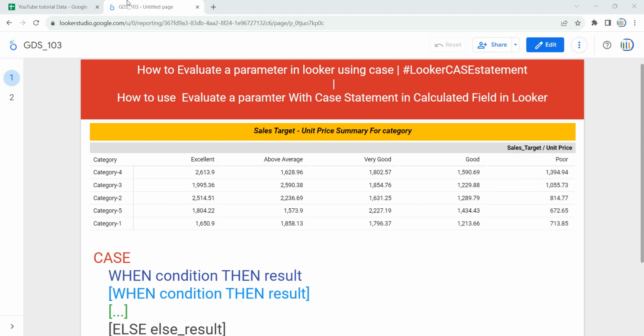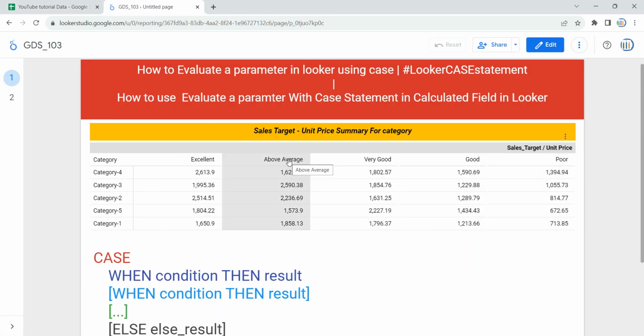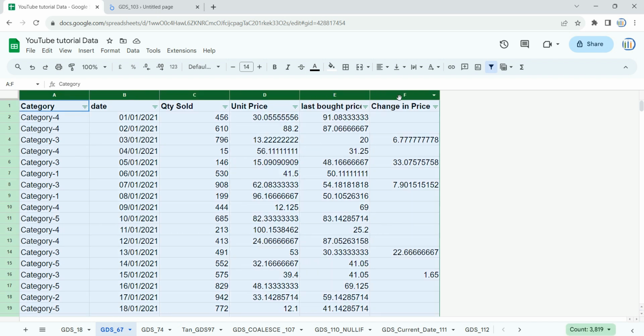But if I show you my raw data, you can see over here that we do not have any sales target column, and we were able to create this sales target column based on the evaluation of a parameter using a case statement in Looker. So a common use of a case statement is to evaluate the parameter and see whether the condition is met or not. For example, we can set a sales target parameter using this raw data, and we can adjust it to see whether the orders met the target or not using the case statement in